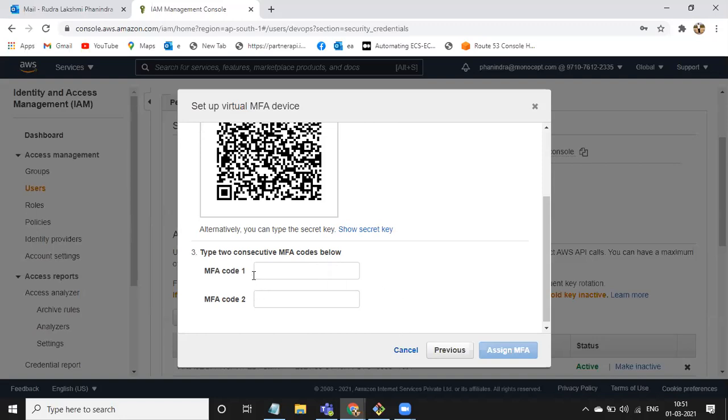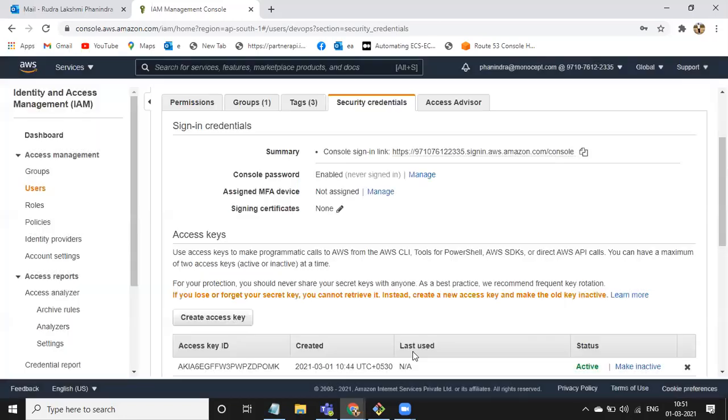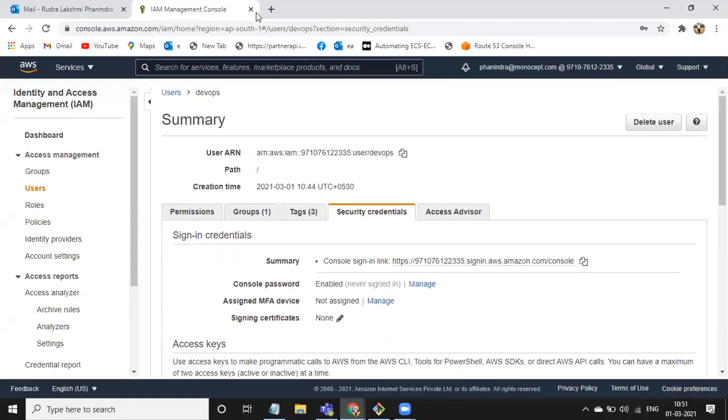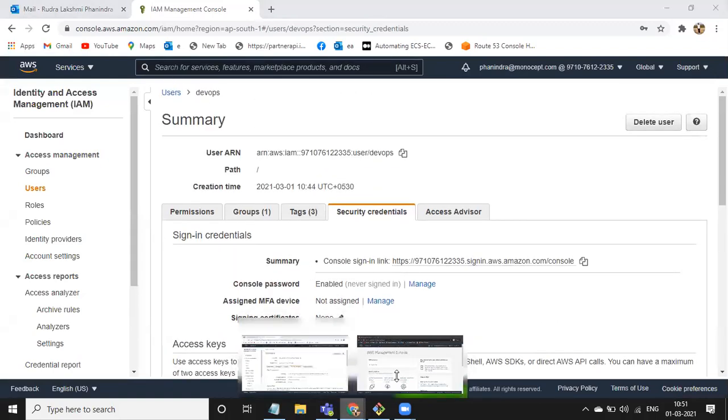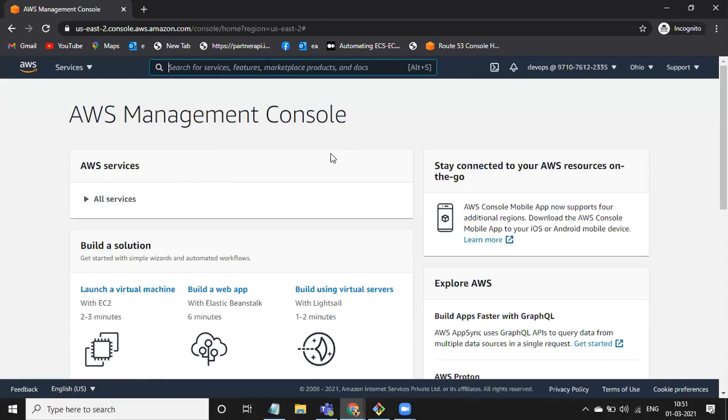Okay, provide the two codes. Already I have MFA, so provide these two codes which Google Authenticator gives you. Click on assign MFA. So whenever you try to log in to your AWS account using your IAM user, it will automatically ask you for your MFA code after the password. Then only you will be able to log into your console.